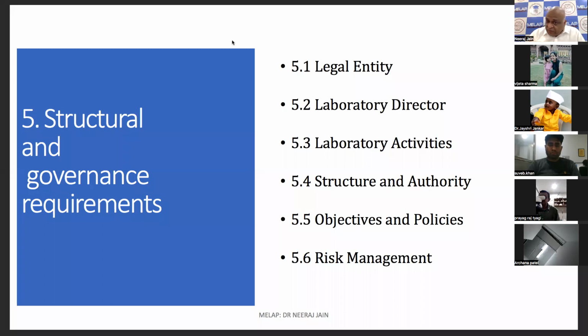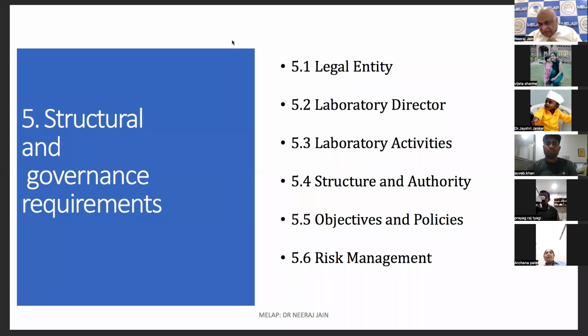Now they are saying you can have more than one person. One person is looking after development of the quality management system. Another person is looking after implementation of the quality management system. A third person is in charge of internal audit. A fourth person may be seeing accreditation requirements. And all these four persons are directly reporting to the lab director. Previously, it was not possible. Now, if you want to continue with the previous system, that is acceptable. If you are saying people will report directly to the lab director, that is also acceptable. Now the standard has made this change.